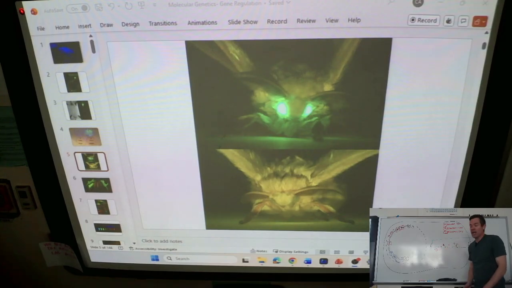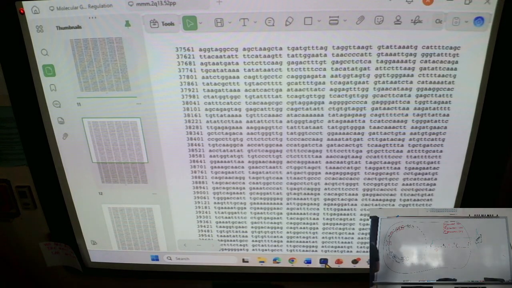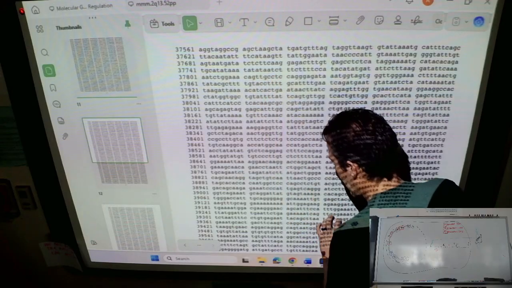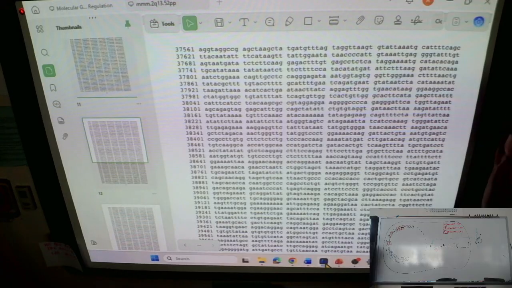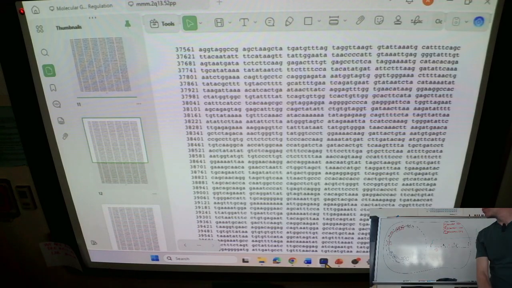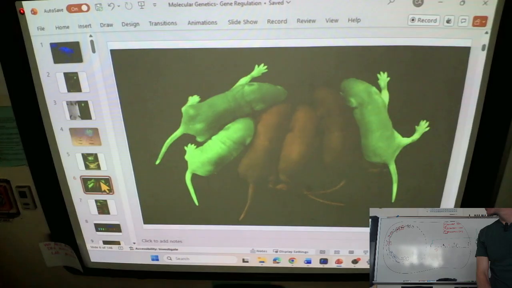We narrowed it down. And all we did was we started by taking its genome and searching and being like, that chunk looks like a promoter, the beginning of a gene. That looks like a termination sequence, the end of a gene. This is probably a gene. Make it glow, and we'll see if we notice anything. Now, a lot of times we don't notice anything, but sometimes we do. Those are mice.